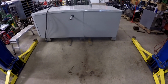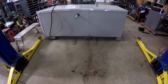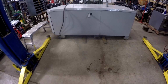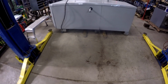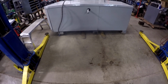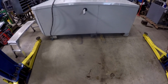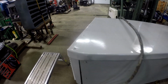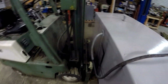I picked it up for a customer from a rental place. They were selling it. There's some switchgear in the back seat of my truck that goes with it, a circuit breaker box and some other boxes. It's a diesel generator. I'm not sure of the make of it. It's been painted fairly recently. As you can see, it's a gray paint, but it does run. Now, it's only a